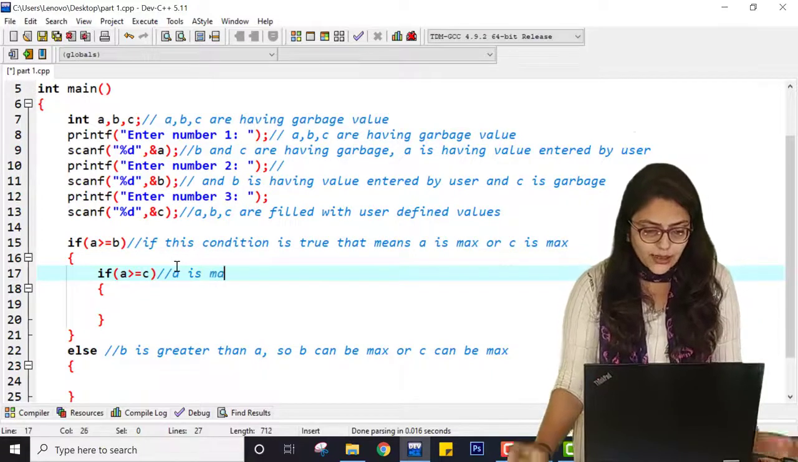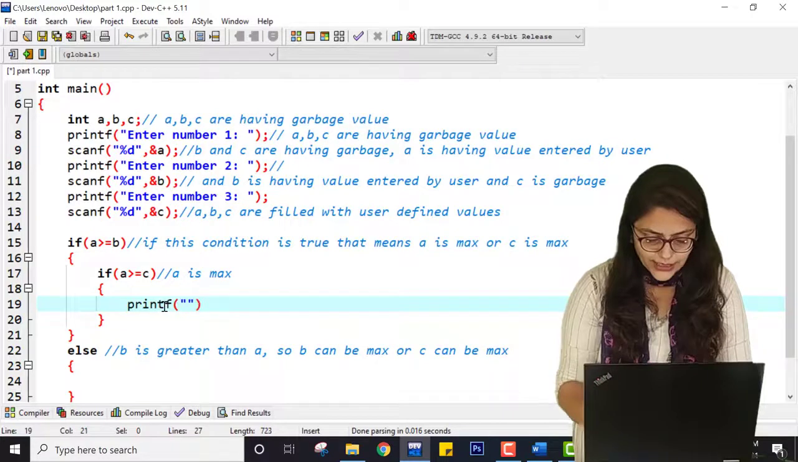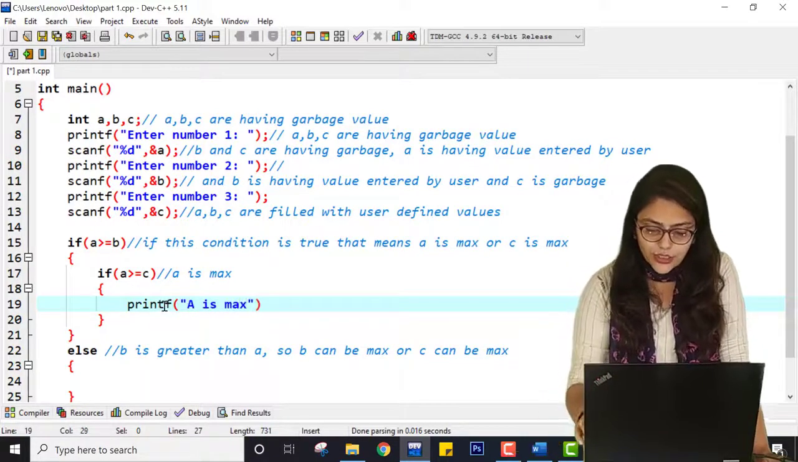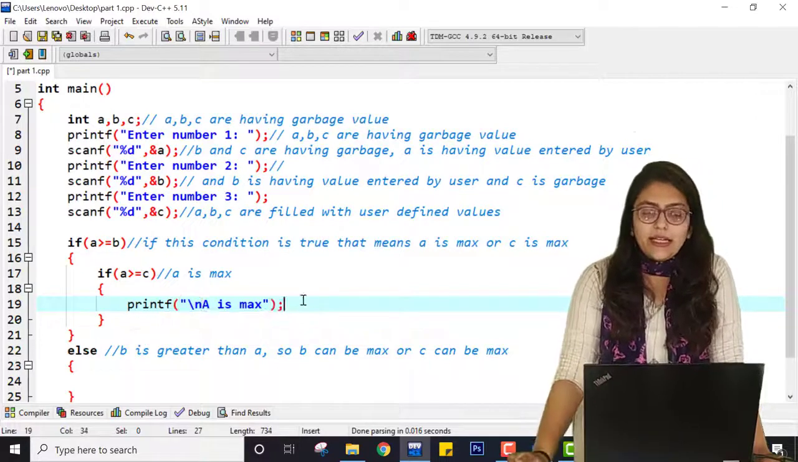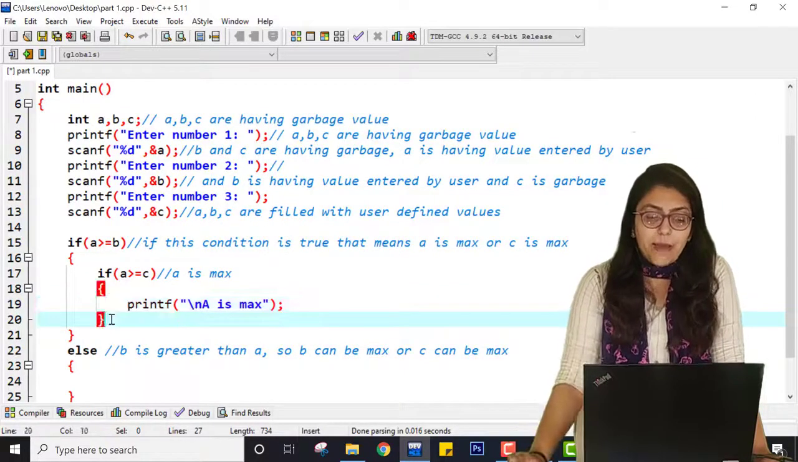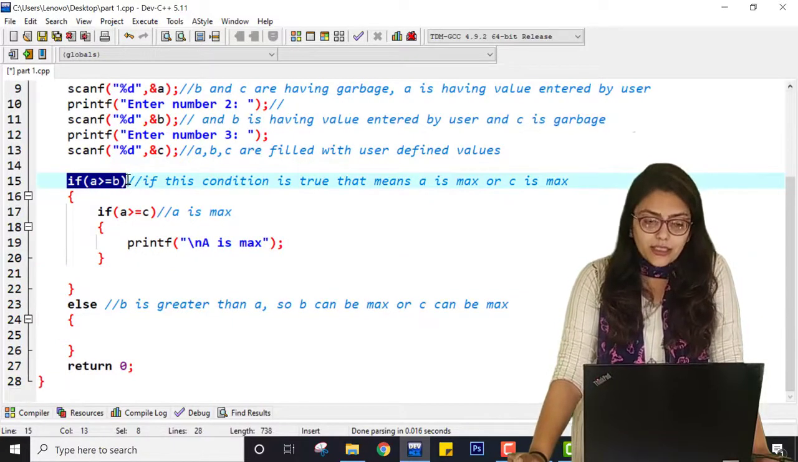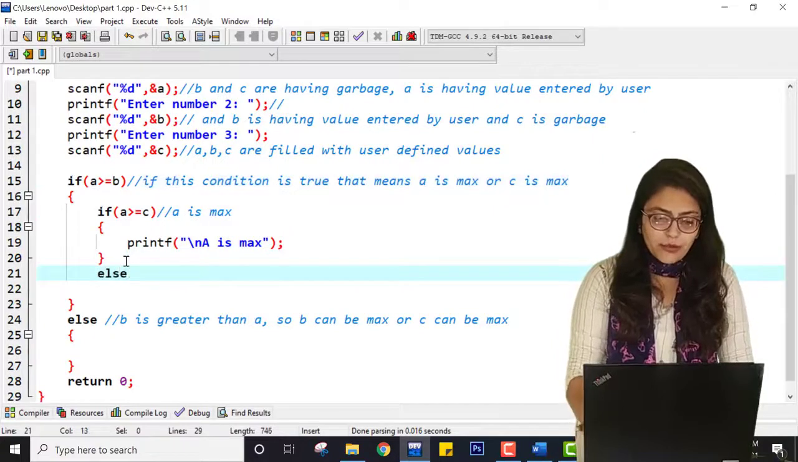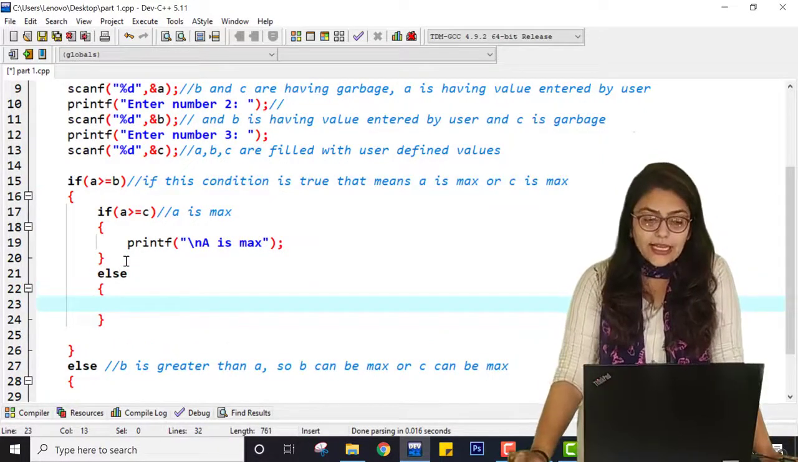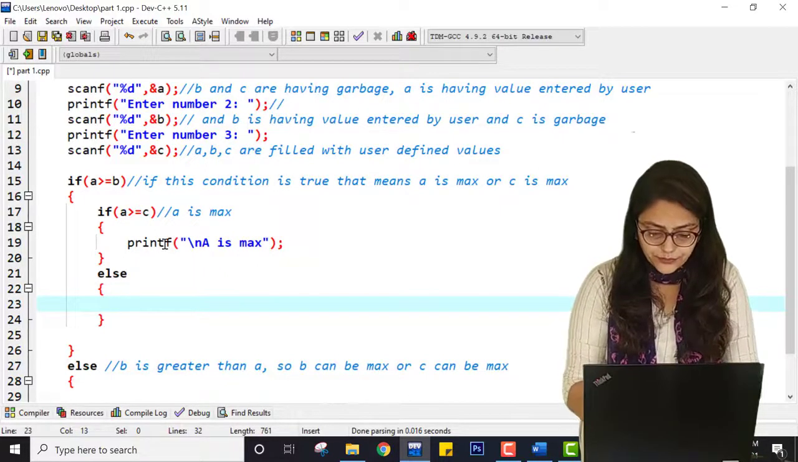I hope you guys are understanding this. So here printf A is max. Why? Because first condition is also true and second condition is also true. So that's why now I can decide that A is maximum. Suppose A is maximum than B, but inside this condition is false. That means A is not maximum than C. In that case, I can say that printf